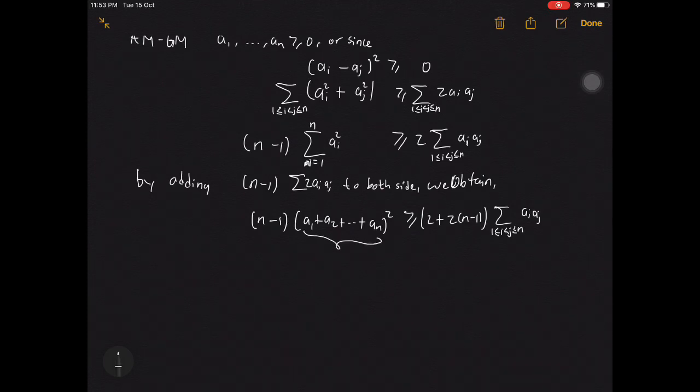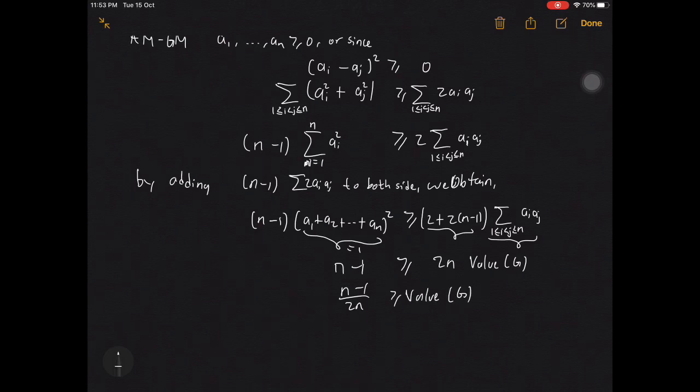Now we know that this is equal to 1 from the problem, so on the left hand side we have n minus 1 greater than or equal to the expression over here, which should be 2n times the value of g. So now we have (n minus 1) over 2n greater than or equal to the value of g,